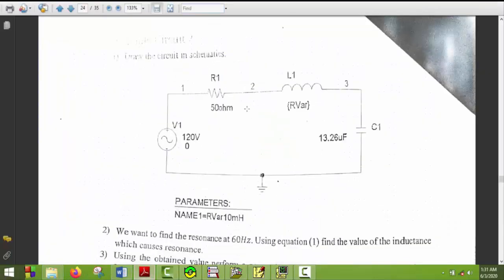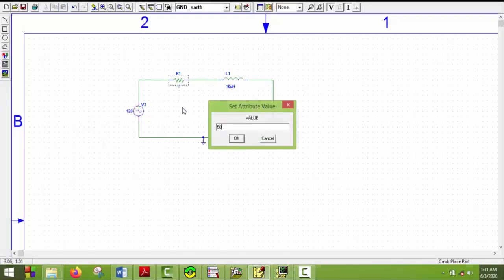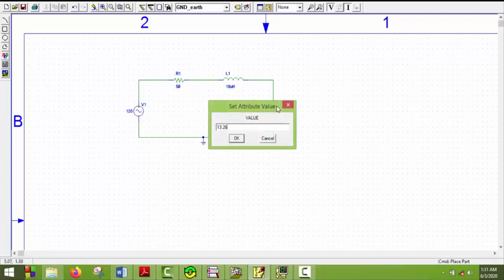The resistor has a value of 50 ohm and the capacitor has a value of 13.26 microfarad. So we will put the values here, and here also microfarad. So here we go.